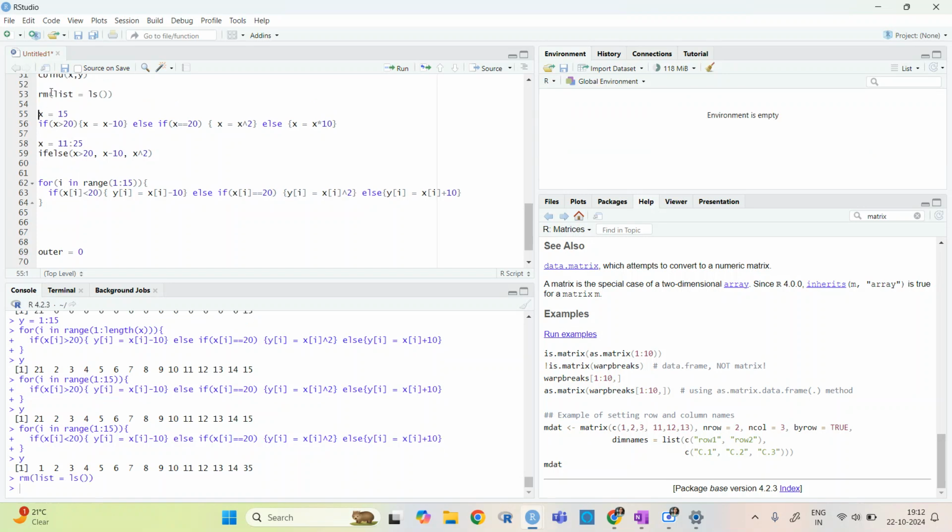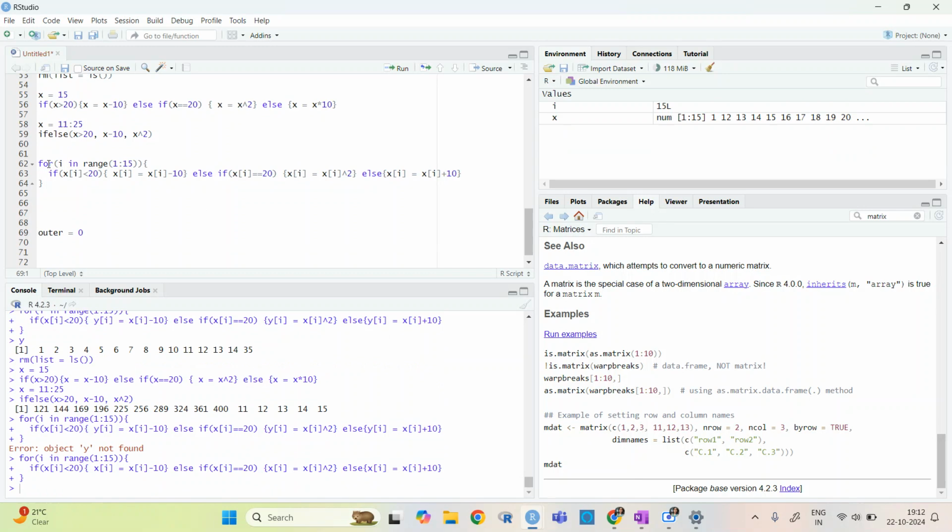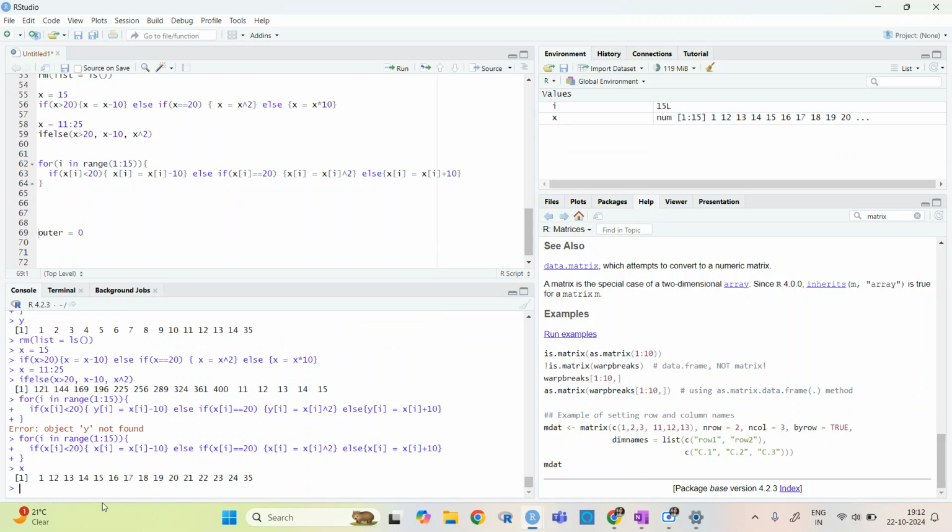If I remove this, then why not found? Okay, so when it is less than 20, it is doing it for the first one, and then 12, 13, 14, 15, 16 remained, and for the last one it is doing 25 plus 10. So basically it is working for the